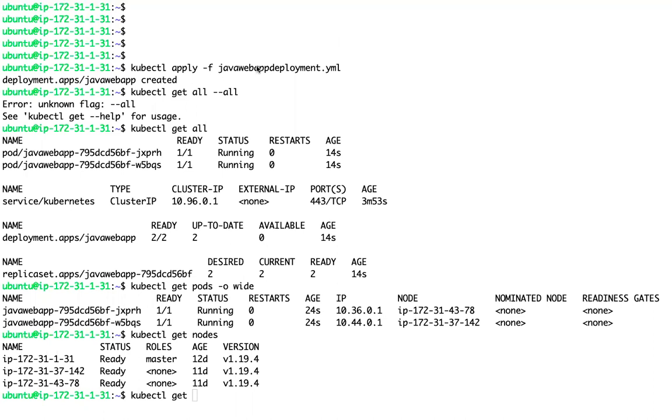If you describe the master node, kubectl describe node, your master node,